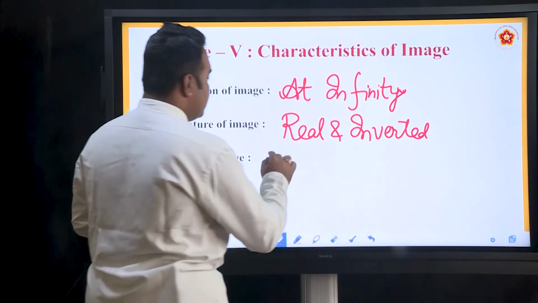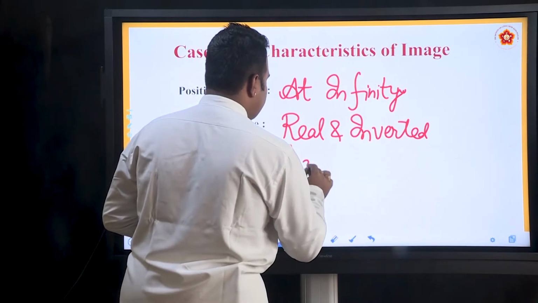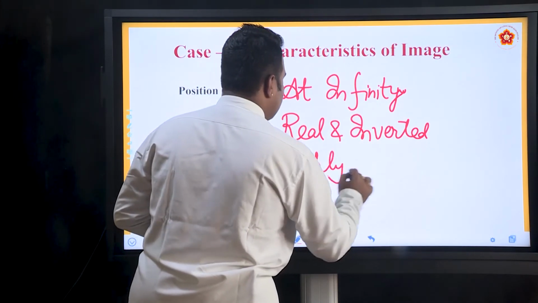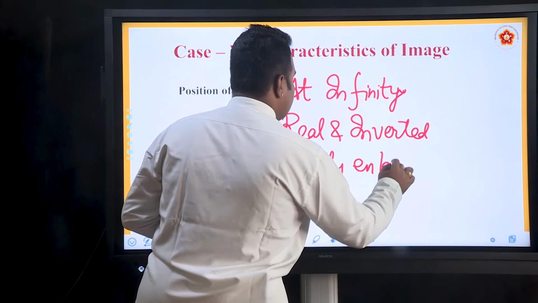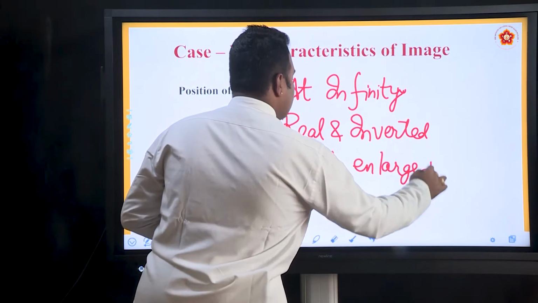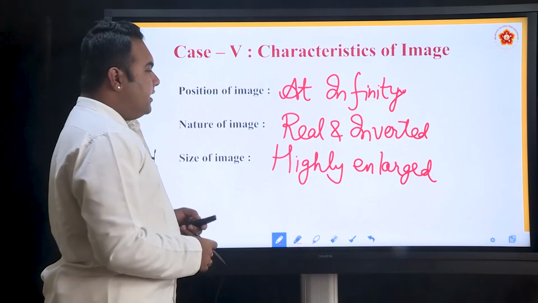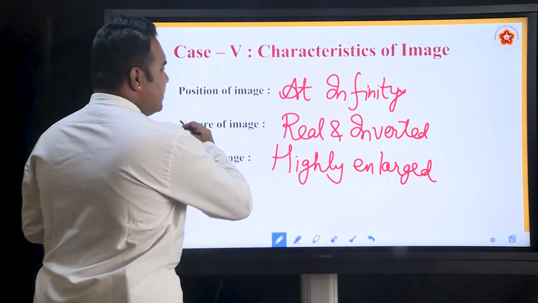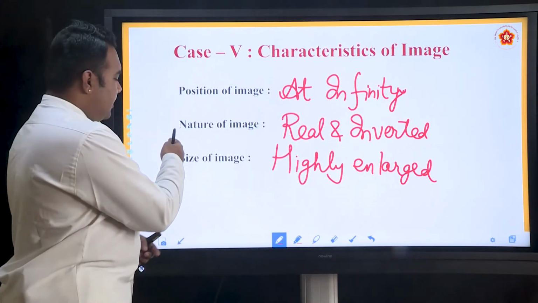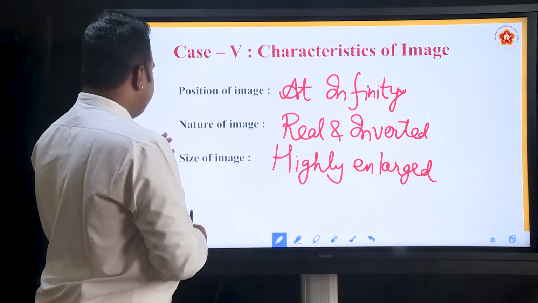Size of the image: highly enlarged. Highly enlarged because from the principal axis, if you see, the image is formed somewhere at infinity, which means the